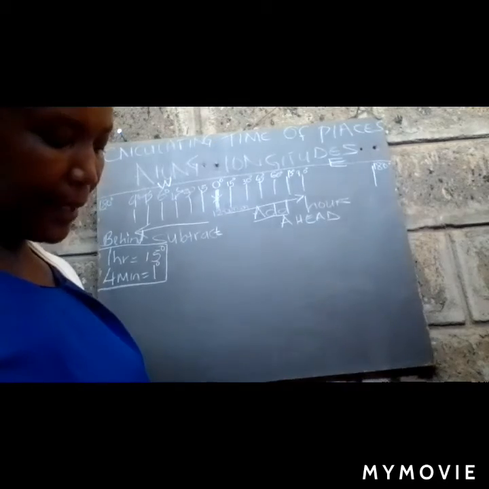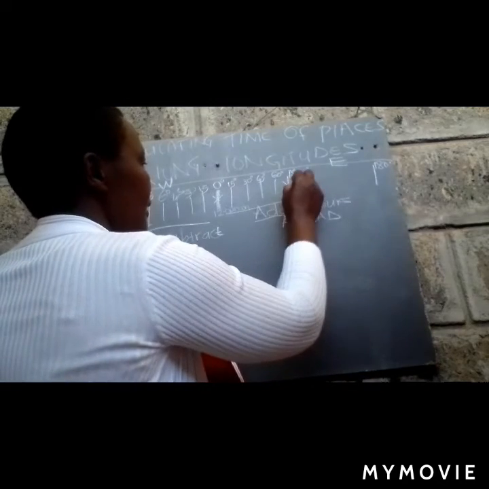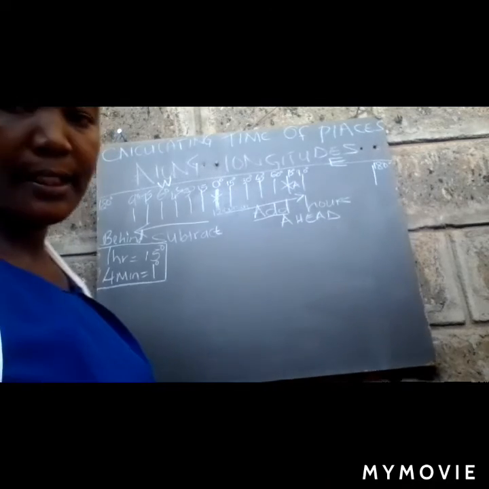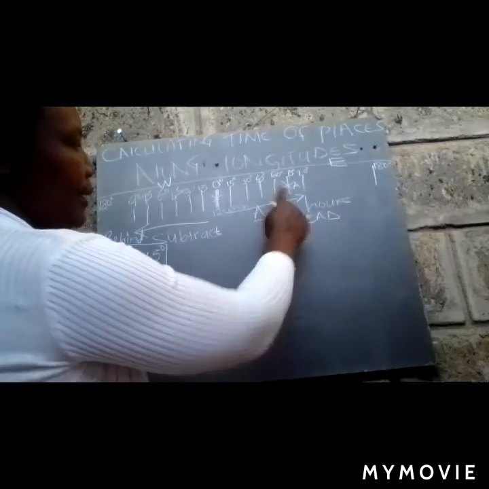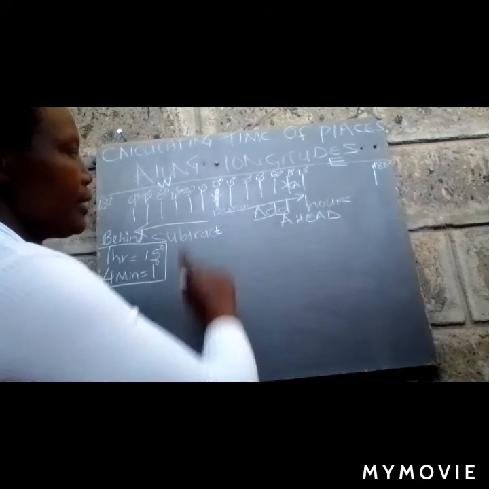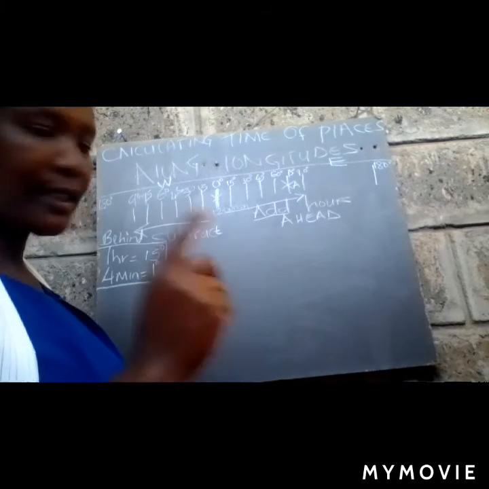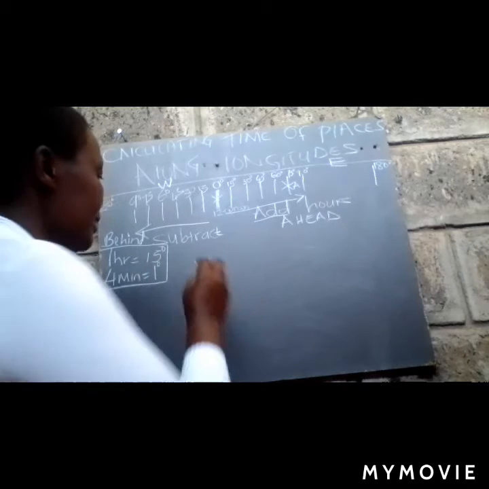What is the time of a country A which is at 75 degrees? We want to calculate what is the time at A when the time is 12 noon at prime meridian or at 0 degrees. So, number 1 is we